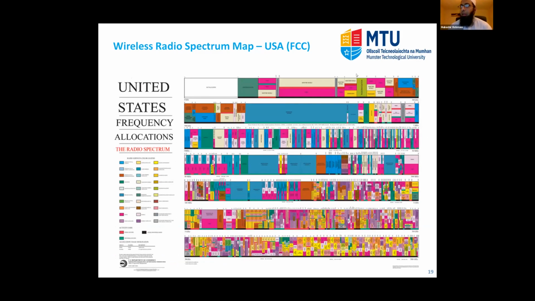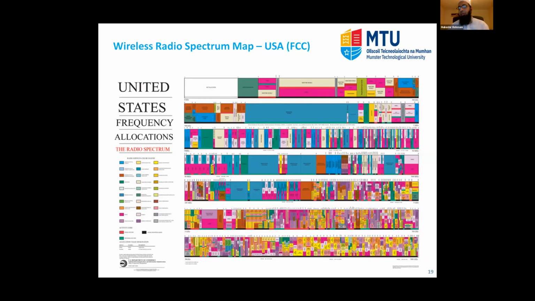So here you can see different colors. Maybe it is not visible, but just to give you an idea, the frequency bands start from kilohertz going to megahertz and gigahertz, higher values of the gigahertz. At the lower frequencies, different colors represent different applications over the wireless radio spectrum. So these are radio communication bands and TV communication bands. And when you go to higher frequency bands, you can see small chunks have been divided into very small chunks,